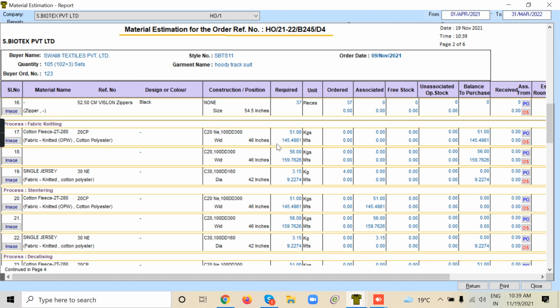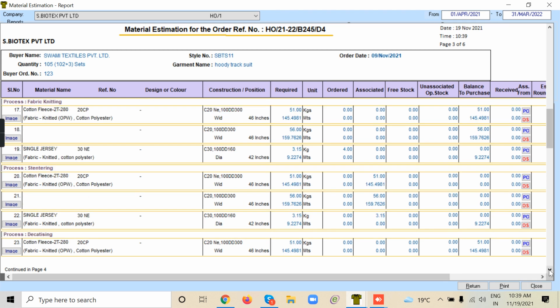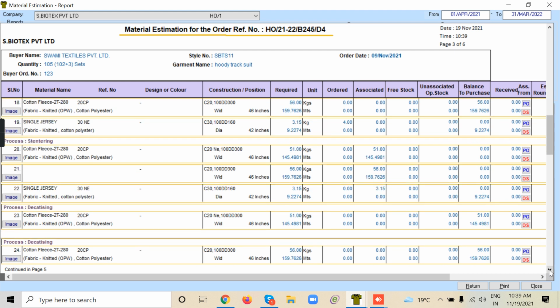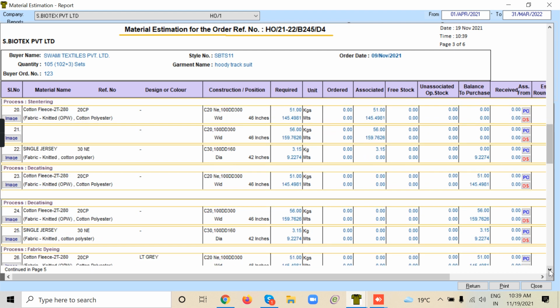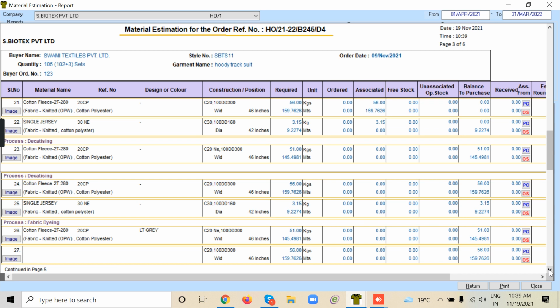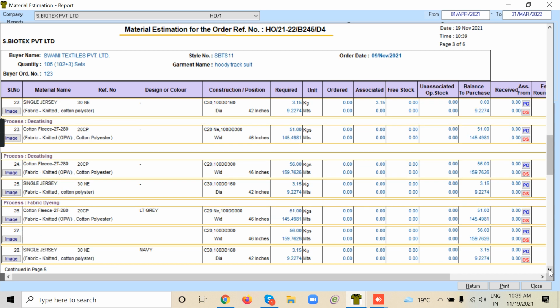This will be the converted quantity, 51 kgs. There will be process loss and all that they will put it in the allowance. So 56 kgs, 3.15 kgs. And then this fabric will go to stentering. After stentering, it goes to decutizing. And then it goes to fabric dyeing. All these are defined in the bill of materials.